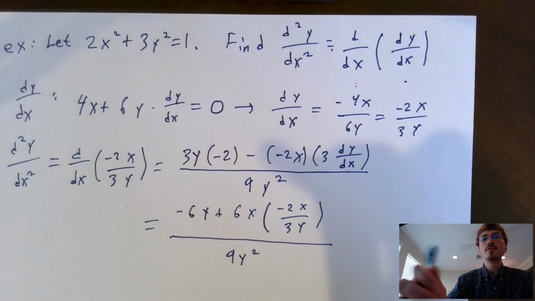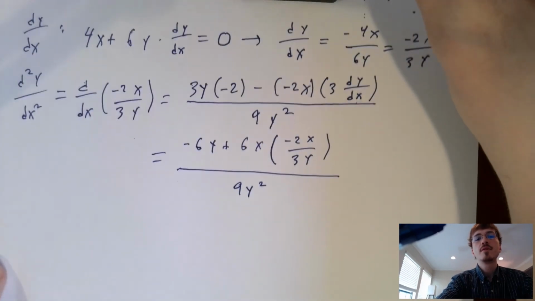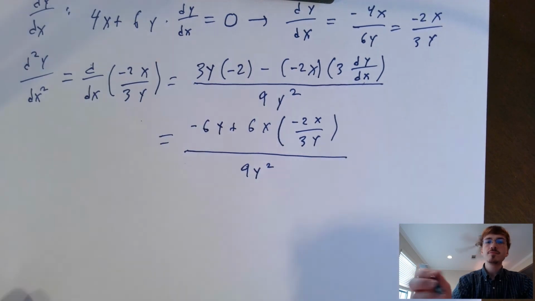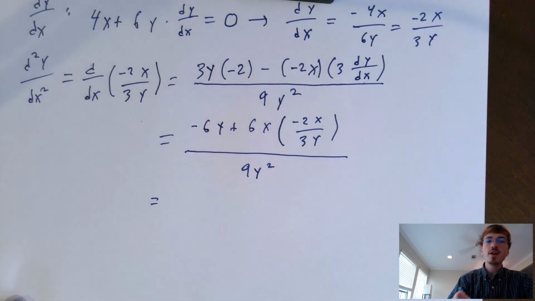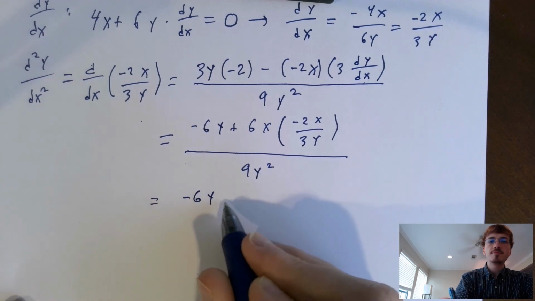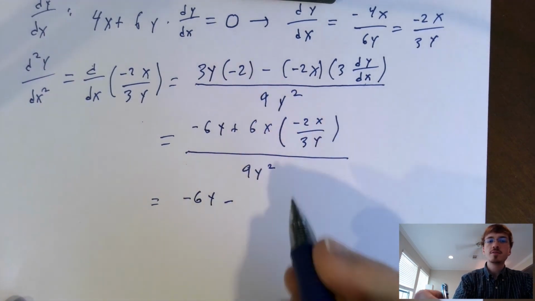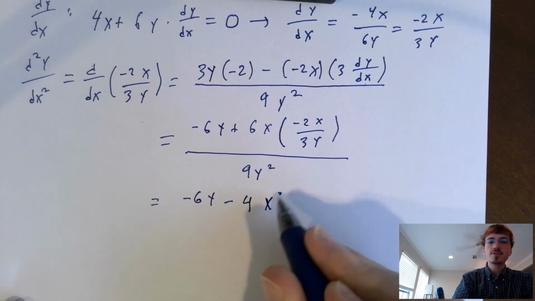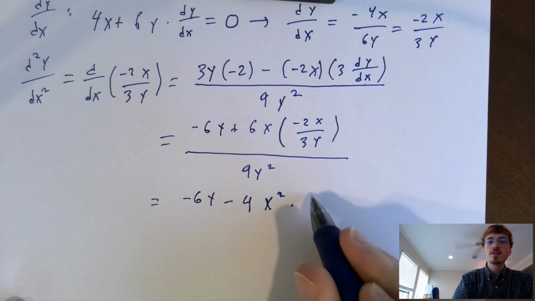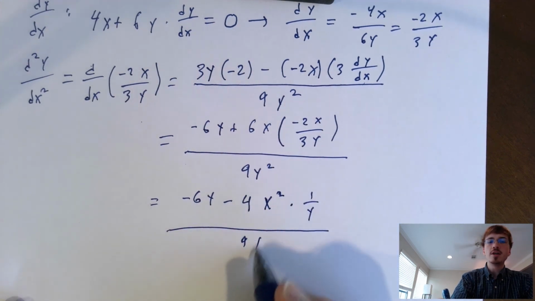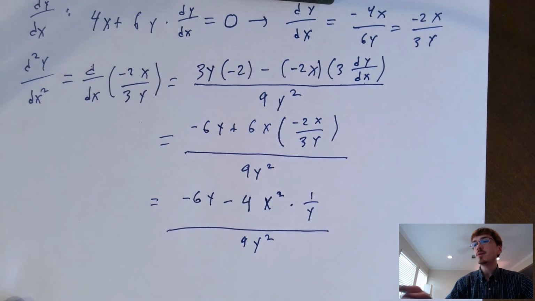Let's simplify this a little bit more. This is equal to negative 6y minus 4x squared times 1 over y, divided by 9y squared. And we could stop here, but there's something really cool that's going to happen if we